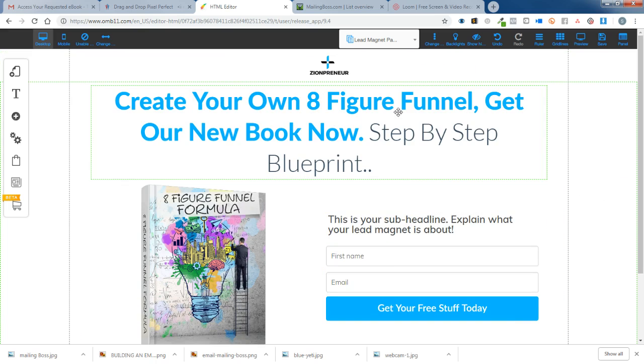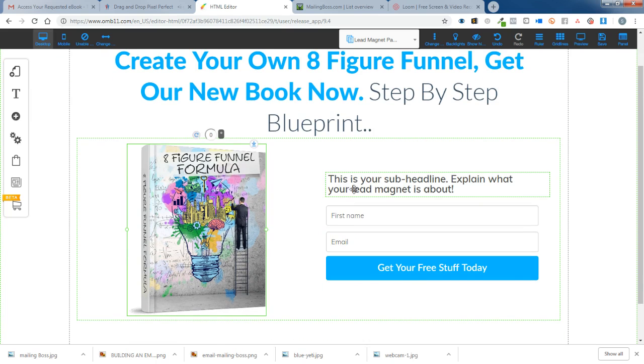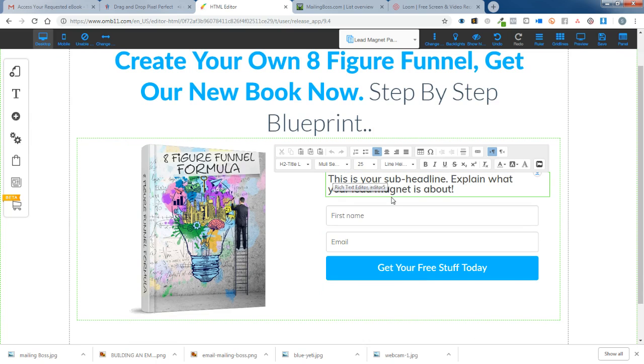So we're saying create your own 8-figure funnel. Get our new book today, step-by-step blueprint. And here it's saying we can have a sub headline here, which is good. So the sub headline, we're going to ask them the question why. Why struggle? This book will give you the exact formula we use in